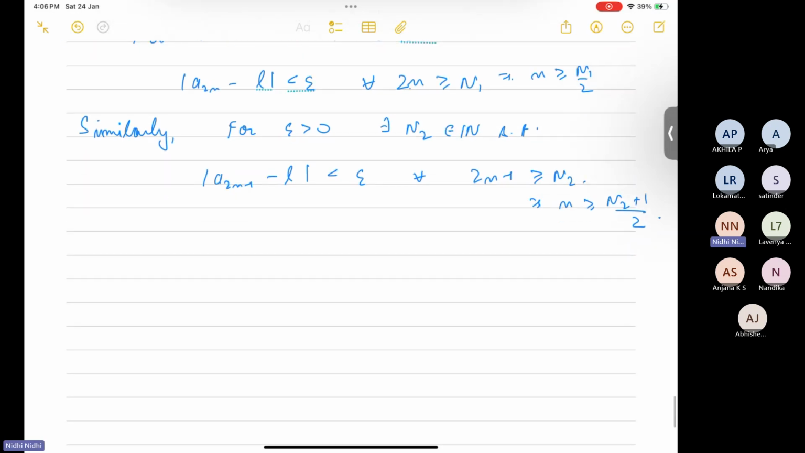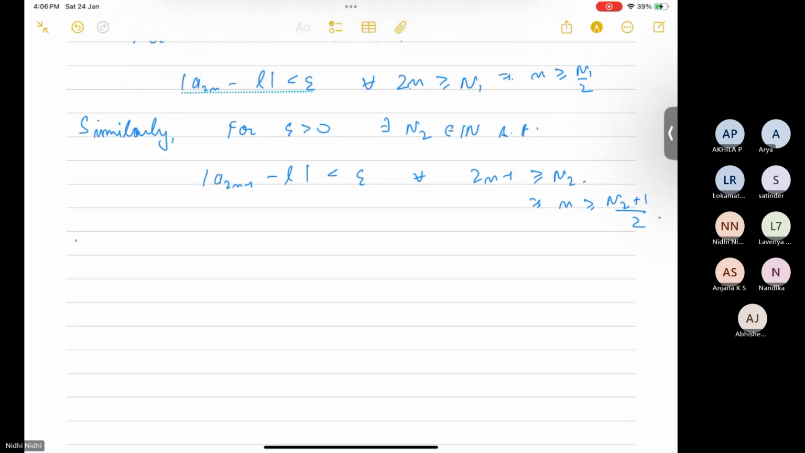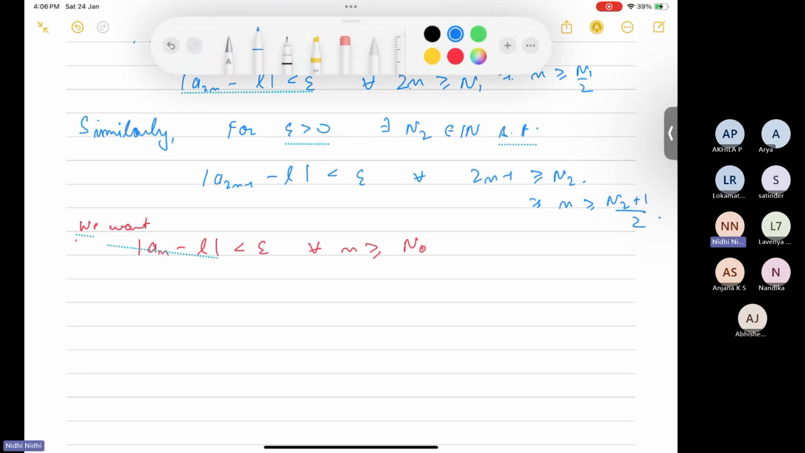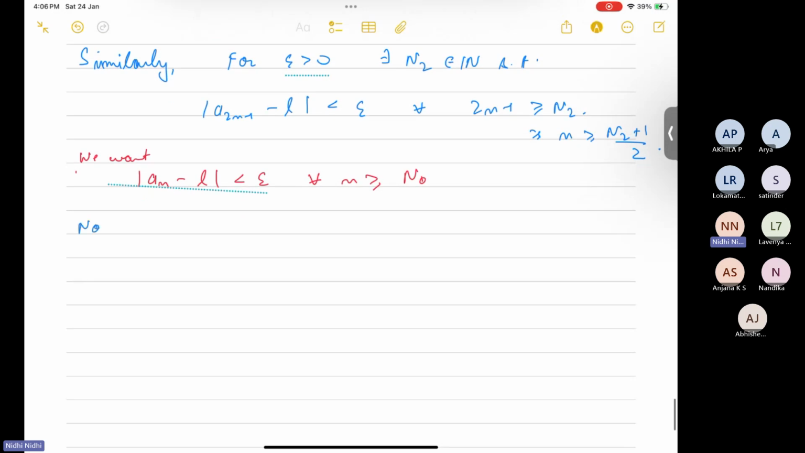And what do we want? We want mod a_n minus l to be less than epsilon for all n greater than or equal to some n naught. Okay, so now let's see how this a_n minus l looks. Now this mod a_n minus l